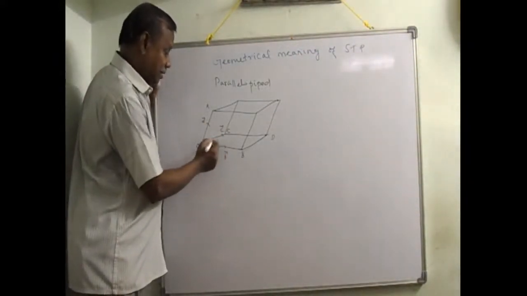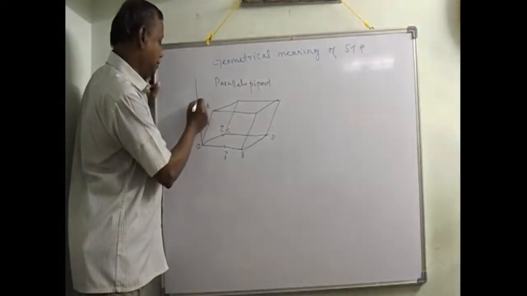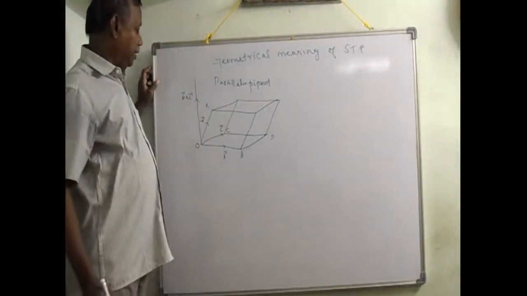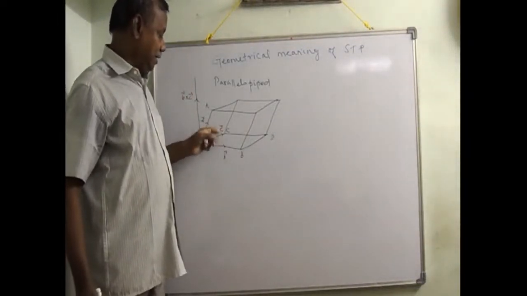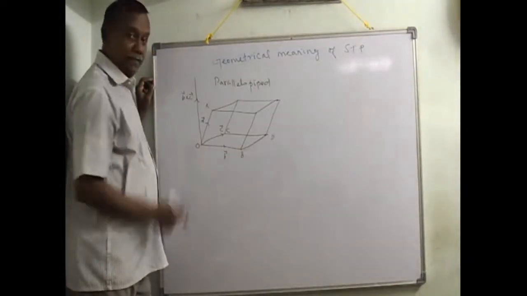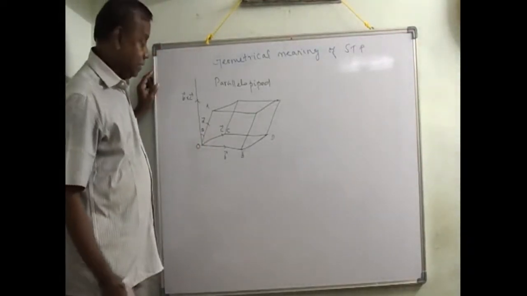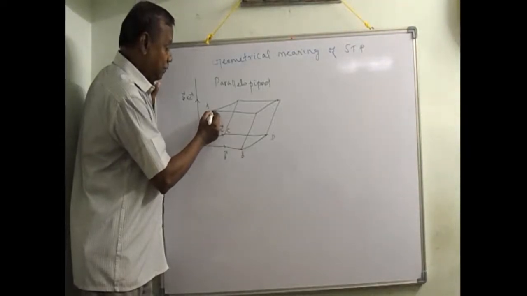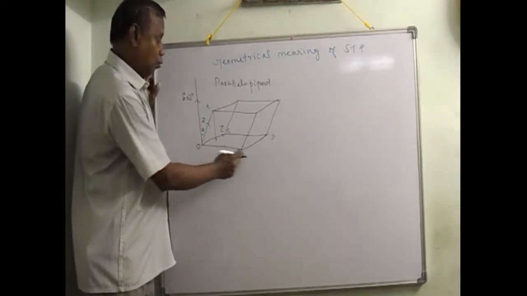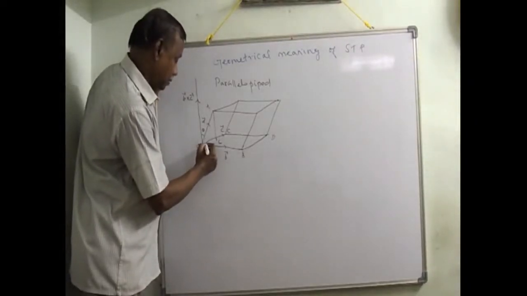So the cross product of b vector and c vector is acting perpendicular to the plane containing the b vector and c vector, on the parallelogram. Now let this b vector cross c vector make an angle theta with the a vector. Next, draw a perpendicular from A to the plane OBDC. Let it meet at L. Now join OL.